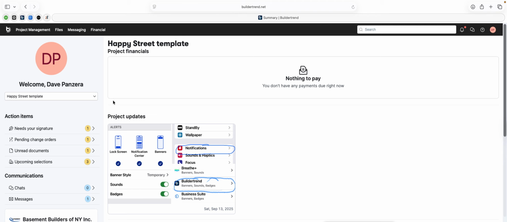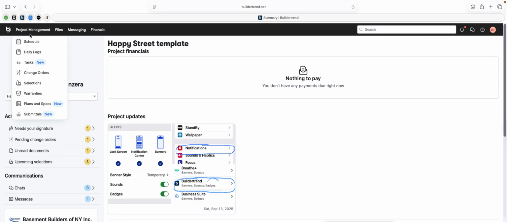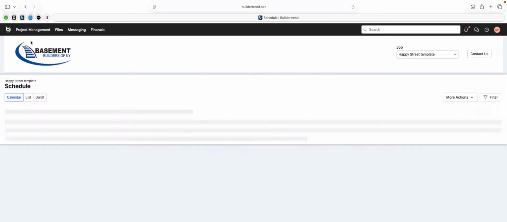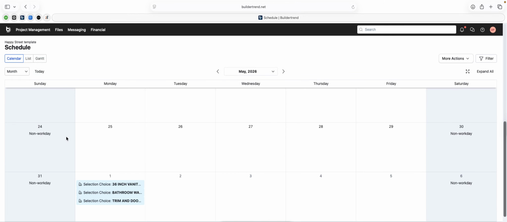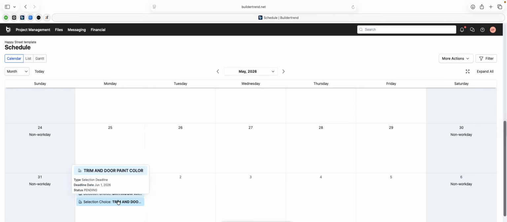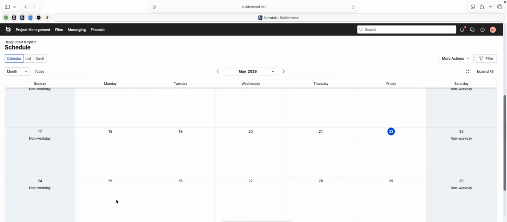I'm going to start with actually working through the top area. As far as the project management end of it, you're going to be able to see a drop down of the actual schedule, and there is one item as far as the start date, I believe is June 1st. As far as some selections do, that's where you're going to see the actual schedule from start to finish. If we go back to the project management tab, also going to have